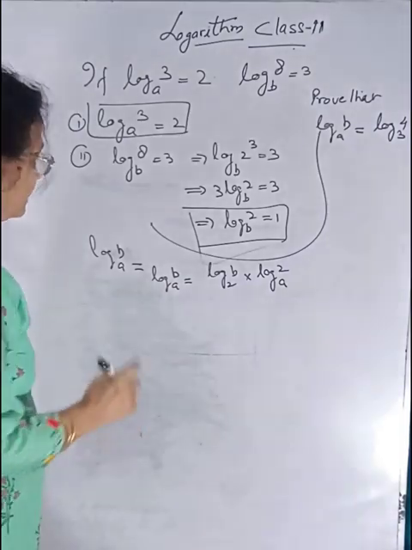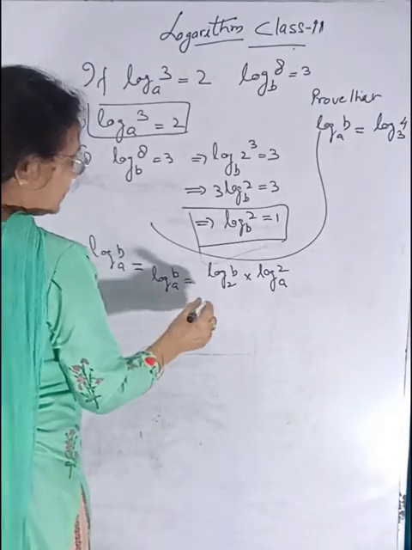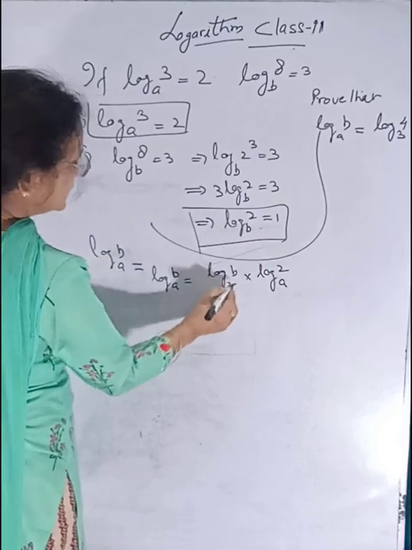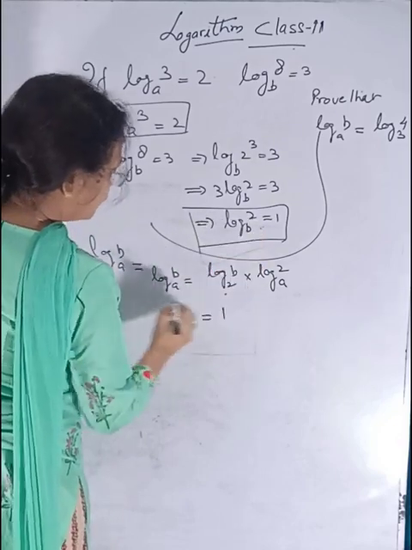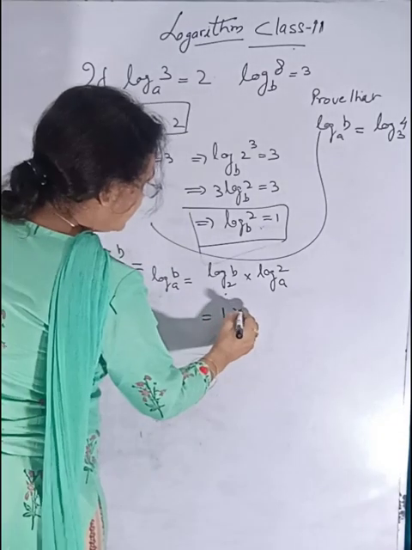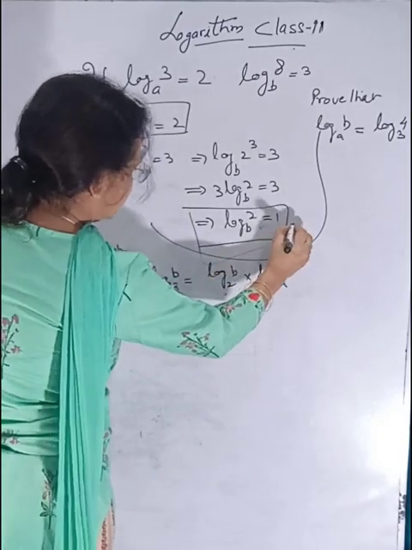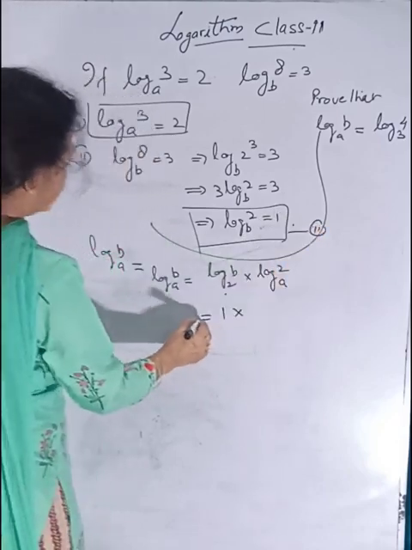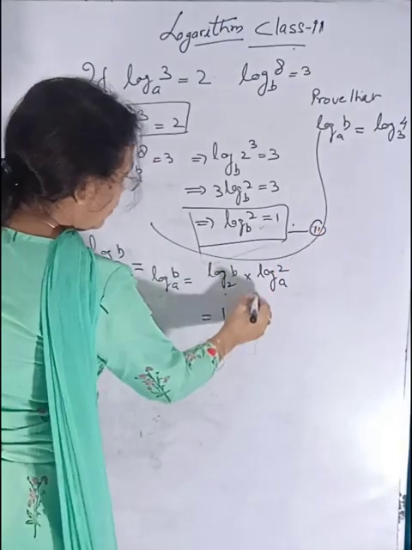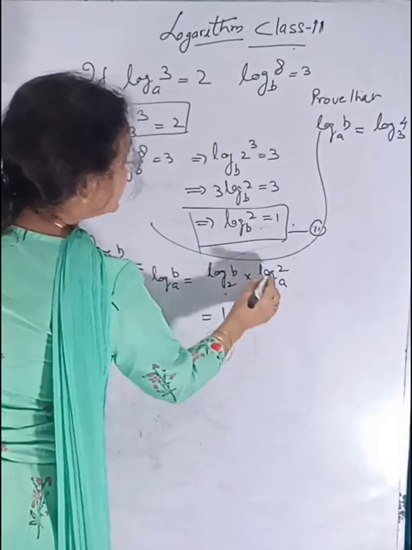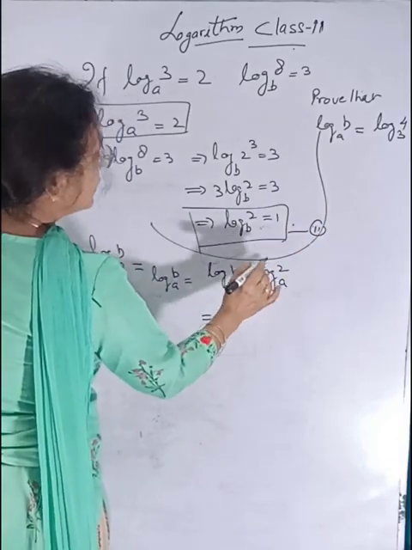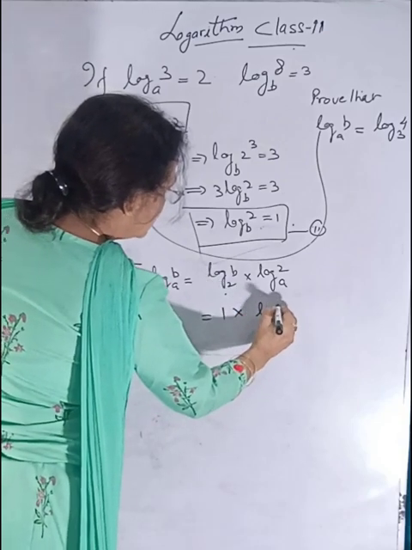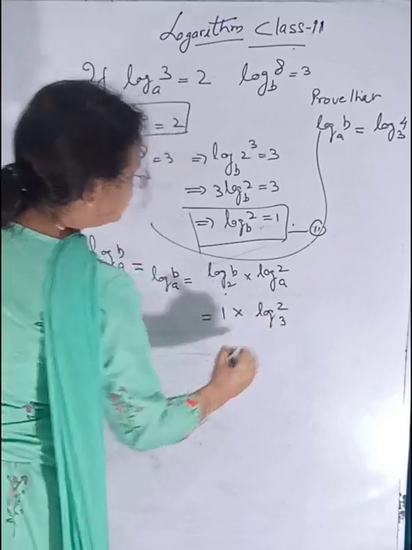बेस चेंज का फॉर्मूला. ठीक है, बिल्कुल सही है. नाउ log of b with the base 2 is given to us already. This is equal to 1. इसको 1 लिख दिया. अब into, as per this condition, second equation, this is equal to 1 है इसके हिसाब से. ठीक, ये हो गया. अब log of 2 with the base a है. यहाँ पे बेस को चेंज करना है, 3 में कन्वर्ट करना है. इसको लिख सकते हैं log of 2 with the base 3